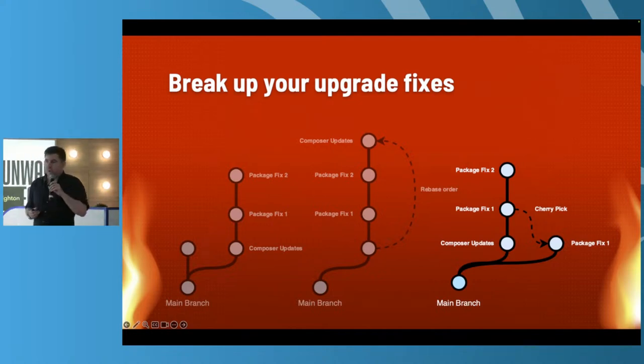It's just a better way of working when it comes to continuous integration. You want to make your upgrade branches as small as possible. It's going to get them in quicker if there are any fixes required. Again, it avoids that idea of the really big branch that has loads of work to review.